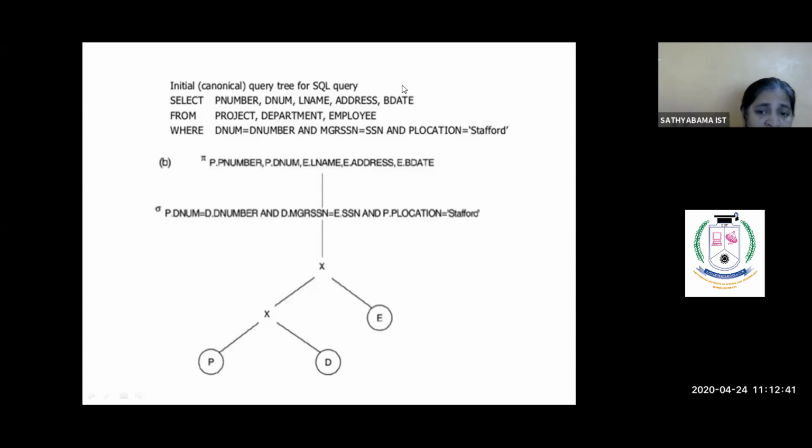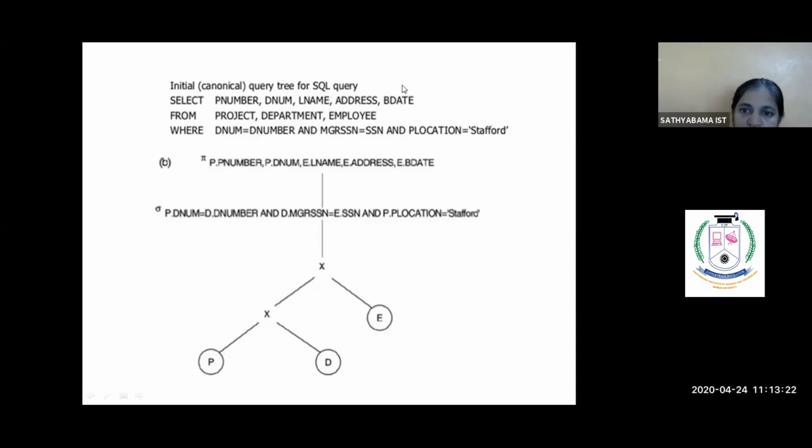Once you have a very large resultant table, from that table we are going to check whether project department number is equal to department D number, which should be matched. Only those relevant records alone will be fetched in the next step. The other condition is that department D dot MGR SSN, that is the department table's manager SSN, should be equivalent to the employee's SSN number. So that is being cross-checked.